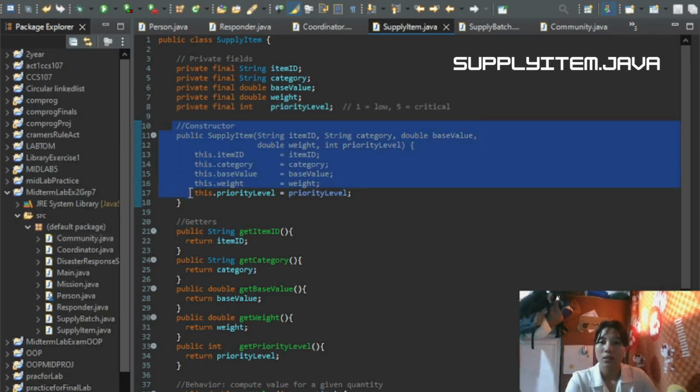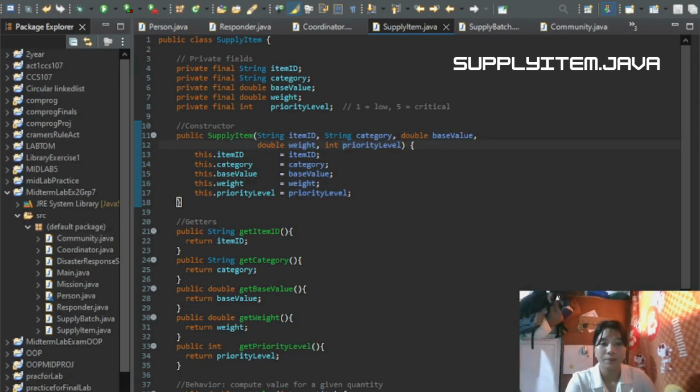So for the constructor, we have here the public SupplyItem. This constructor initializes a new SupplyItem object. The method name matches the class name and has no return type. For the parameters, we have the String itemID, String category, double baseValue, double weight, and int priorityLevel.